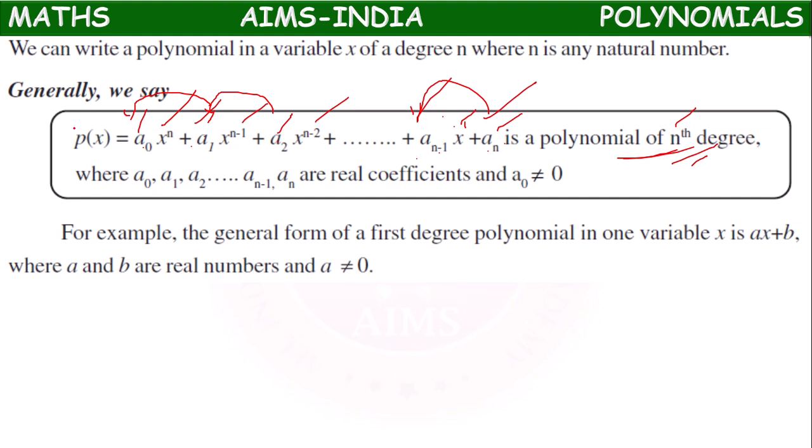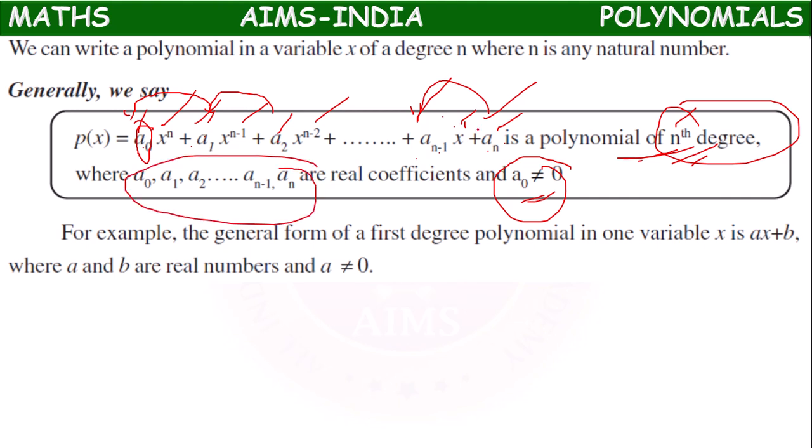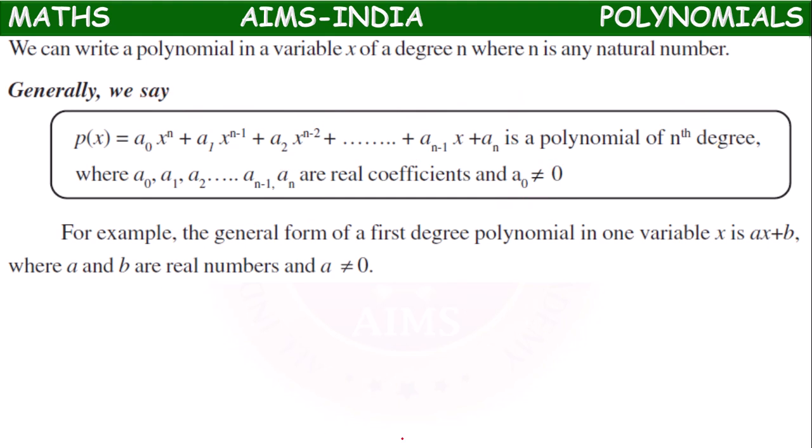But here the condition is a0 should not be equal to 0. Otherwise it won't be nth degree. These are all real coefficients. So based on this form, based on this form, the first degree polynomial